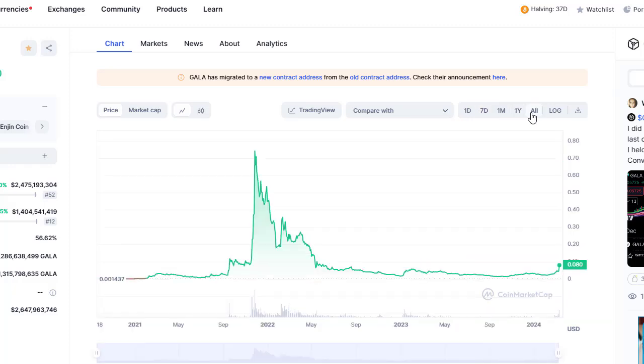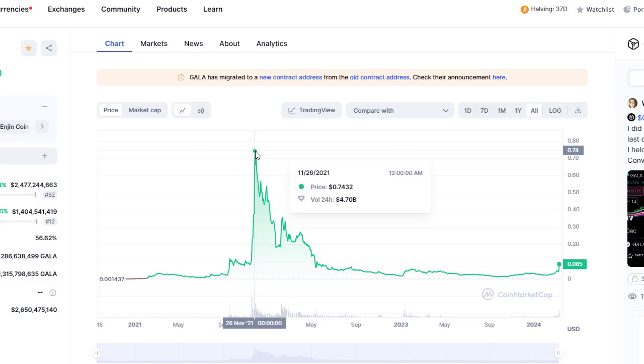However, if you look at the all-time market for Gala Games, there will be people looking back here when it was 8.5 cents last time, and we're currently at 8.5 now. Within a matter of days it went up to 75, so it was a 10-fold increase. So we've got a track record there that Gala has done that in the past. That was 3 years ago, 2.5 years ago, 2 and a bit years ago, but it's done that.